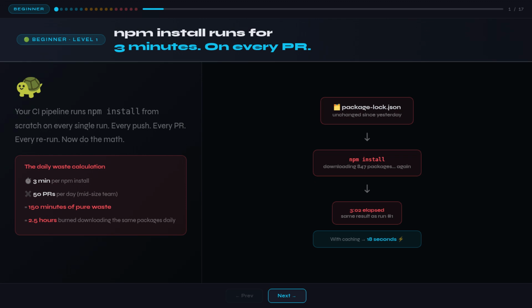Now multiply that by your team's throughput. 50 pull requests a day is not unusual for an active engineering team. 50 runs times 3 minutes is 150 minutes, 2.5 hours of pure, undiluted waste. Every day. The packages haven't changed. The lock file hasn't changed. Your CI is downloading the exact same bytes it downloaded yesterday, and the day before, and every day for the